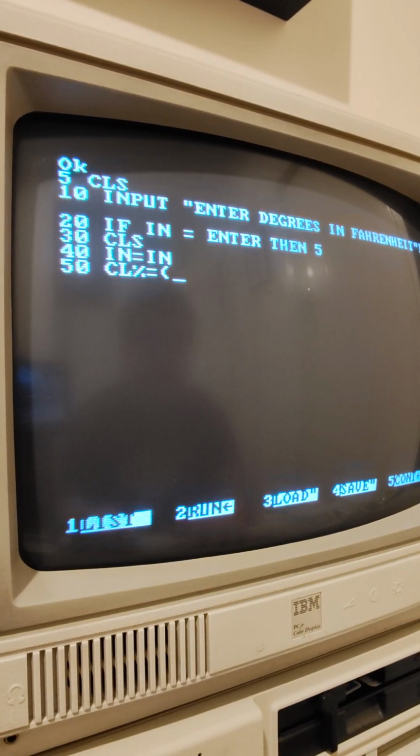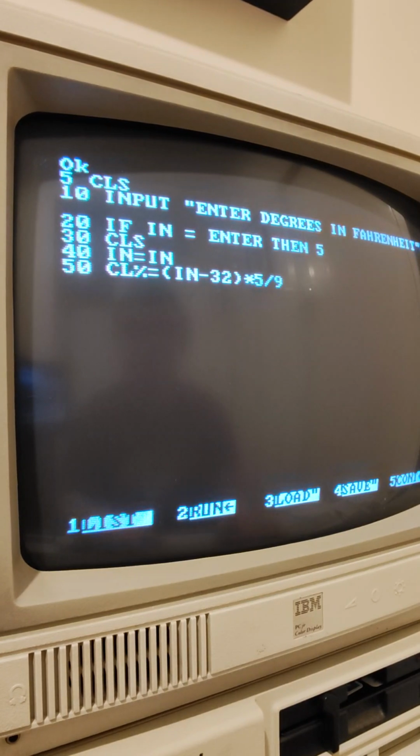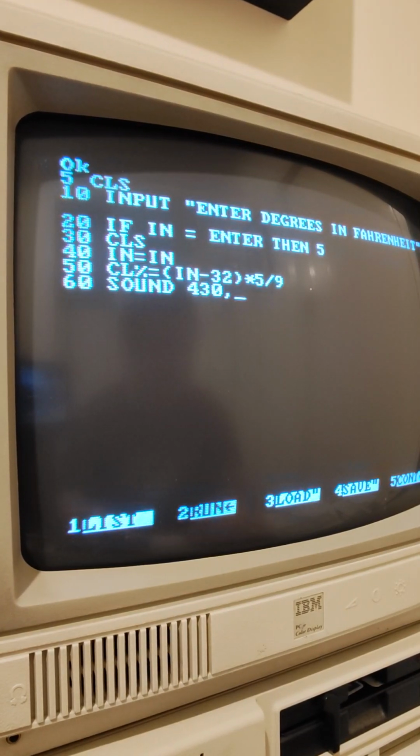So the basic formula from Fahrenheit to Celsius is grabbing the input, we're minusing 32, and then we're going to times that by 5/9. And that's the basic formula for that. And we're going to add just a little bit of sound feedback, not really needed, but that is up to you. And then we're going to continue and print